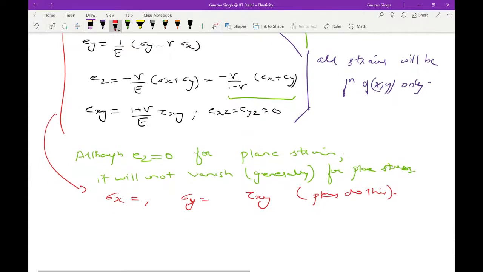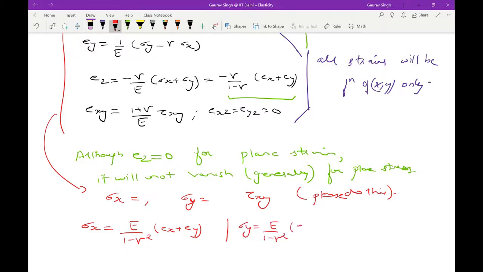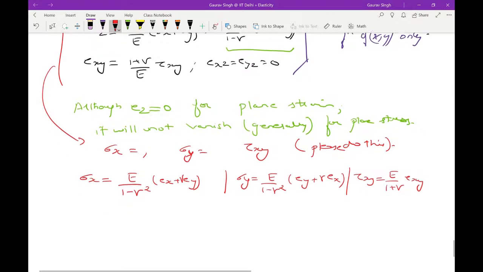This is also a question from your text, so I can write out the expressions so that you can verify that you have done this correctly. And tau xy is equal to